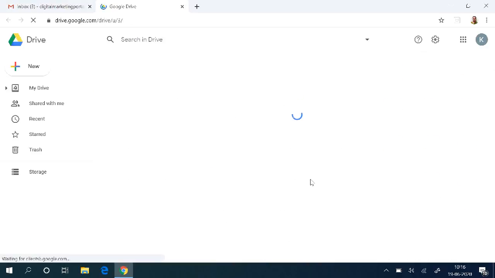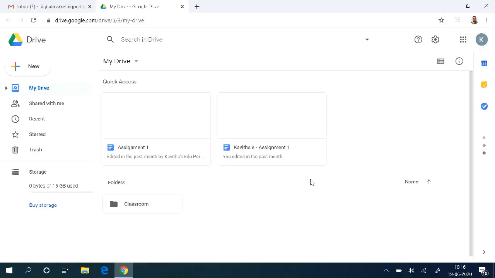You all know that in our computer we will normally have our local drive, whereas Google Drive is a facility which permits us to store our data in the cloud, and wherever we are we can easily access that. In the same way, whatever data you want to share with other people is also possible once you store your data in Google Drive.